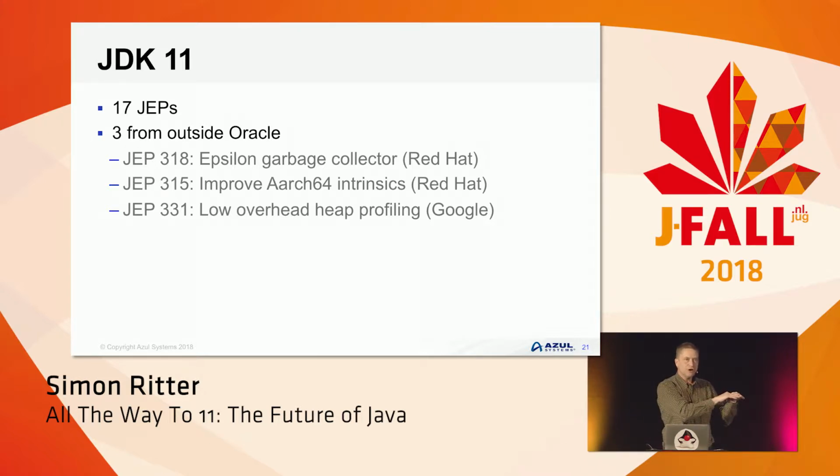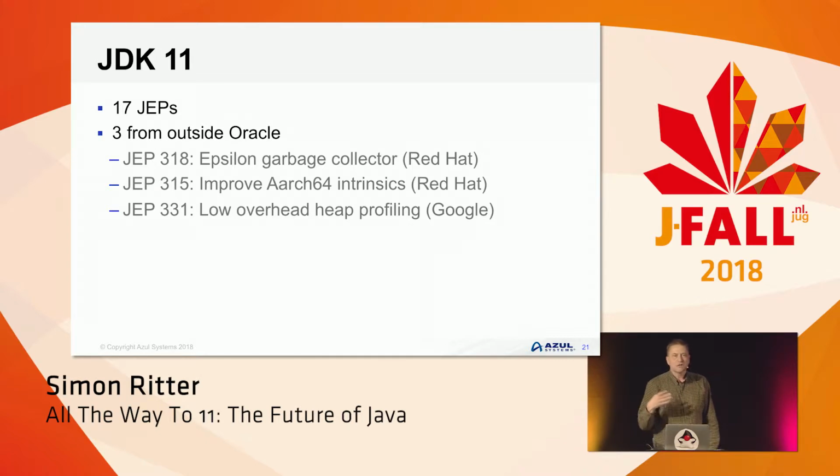So the idea is you run your application with the Epsilon garbage collector, so it's not doing any collection. You see how well it performs. Then you put your new garbage collector in, and you see how well it performs with that. And you can see the difference between the 2. Some people are also saying that they can use it in real-world applications, where if you've got very short-lived applications that aren't going to run out of heap space, then it might improve performance. It's a little bit risky, but, you know, best of luck on that one.